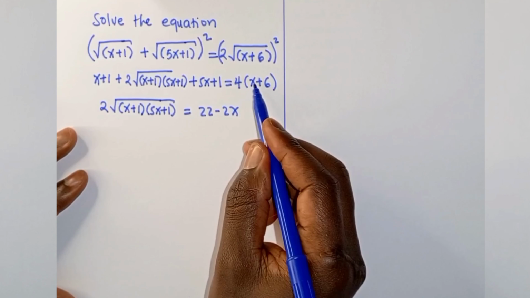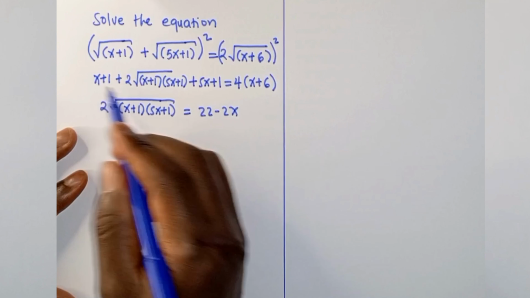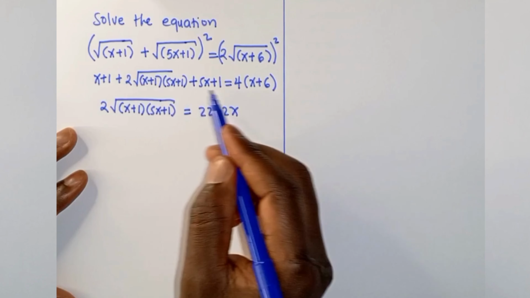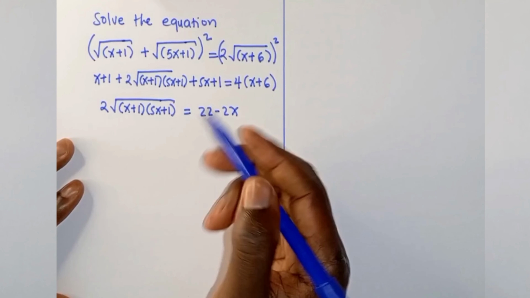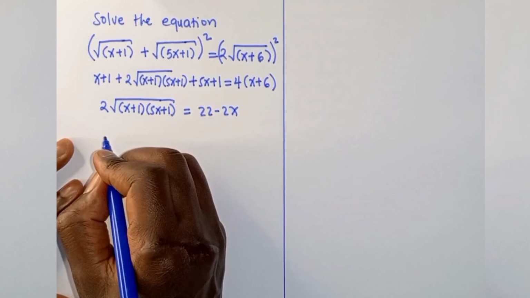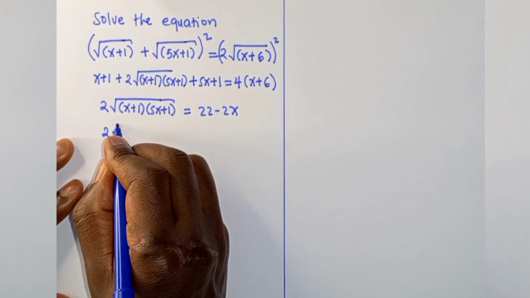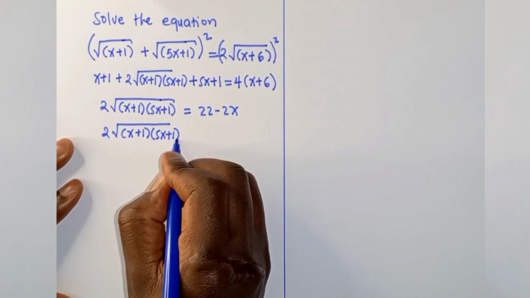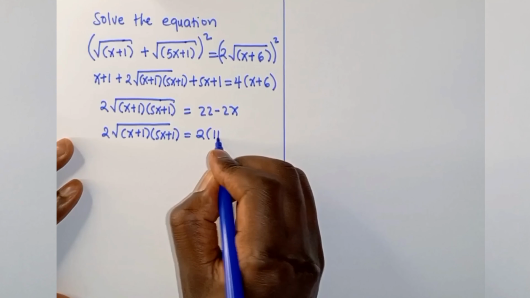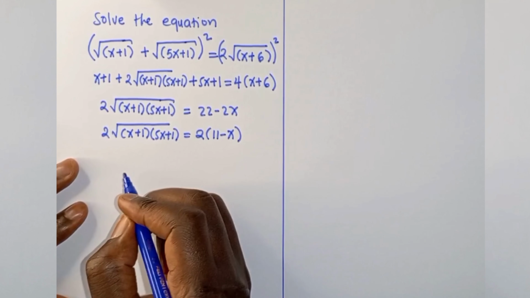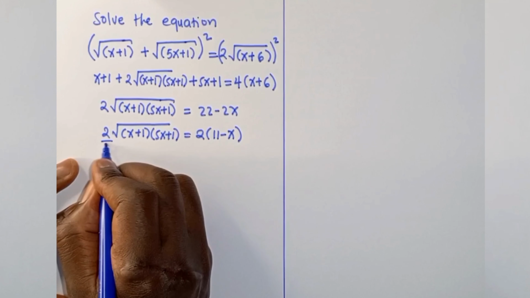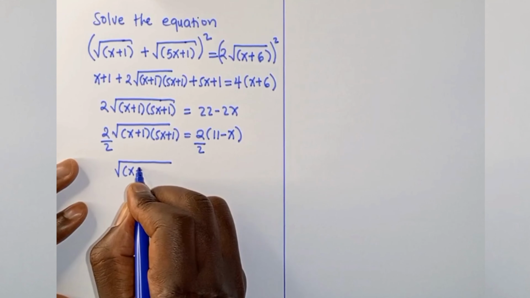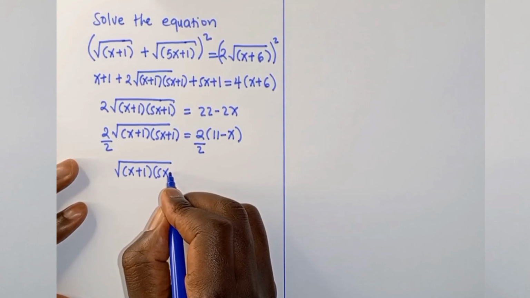So after collecting like terms, when you expand 4 times x and 4 times 6 and simplify, you get what we have down here. If you pull out a common factor, we shall have 2 square root of (x plus 1) into (5x plus 1) is equal to 2 into (11 minus x). So we can divide throughout by 2 to remove the other 2. Divide by 2, divide by 2. So we end up with the square root of (x plus 1) into (5x plus 1)